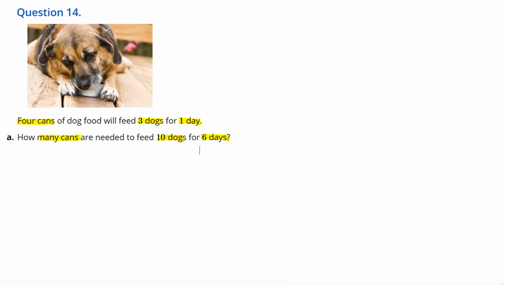So as I said, you might be reading down like, where on earth would you even begin with such an atrocity of a question? Well, we're going to begin by writing down what we're told. So in this sentence right here, what we're told is that if you have 4 cans, you can feed 3 dogs